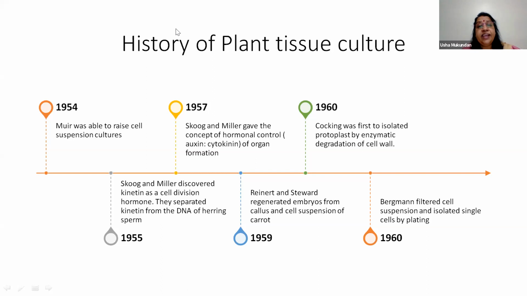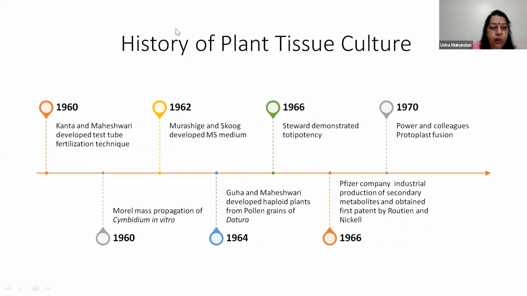Now these cells, again, you want them to regenerate. Protoplast regeneration means you require them to once again form cell wall, and we will talk a little later about the advantage of having a protoplast culture. By filtering the cell suspension, you can get single cells, similar to a microbial culture. So plants could be derived from one single cell, and you will get true to type plants, or what are known as clones.